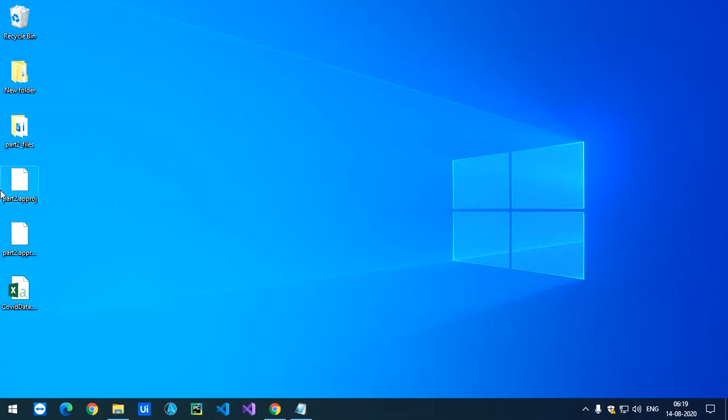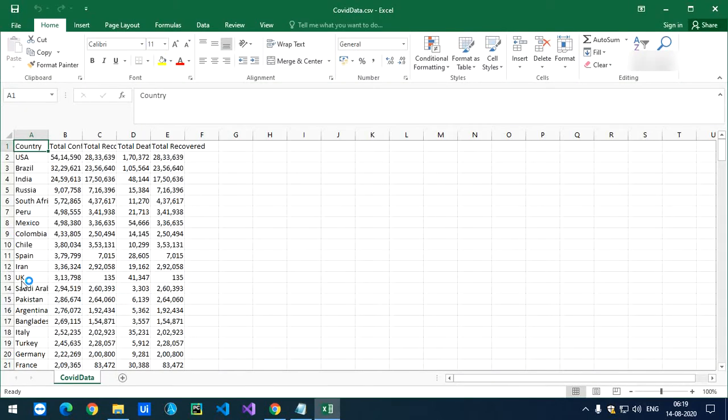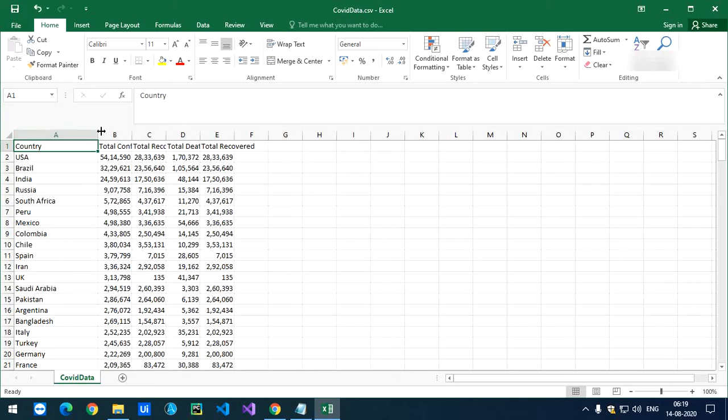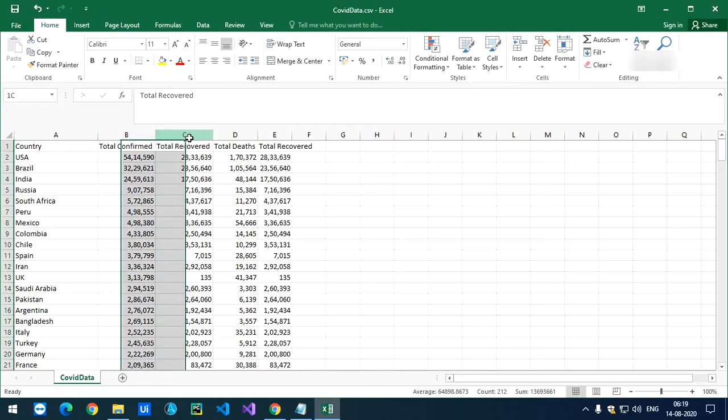Okay, now let's see whether it's done or not. Okay, so now you can see it copied this column 2 in here.